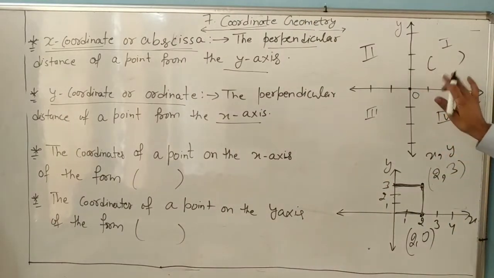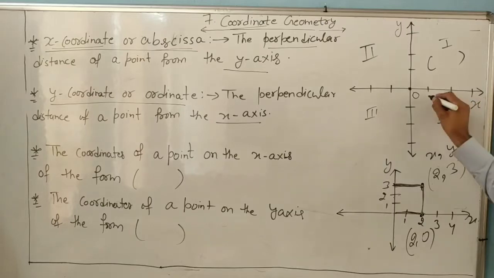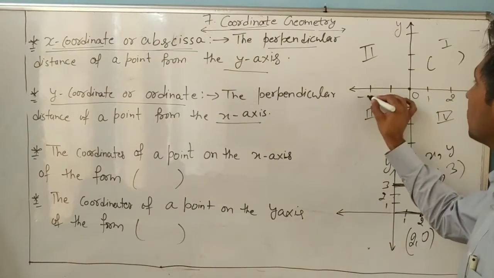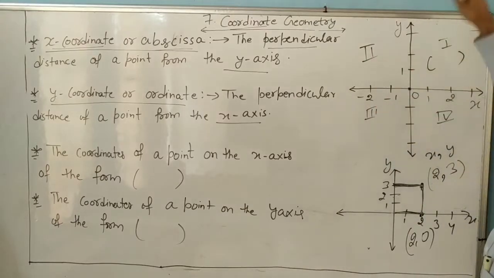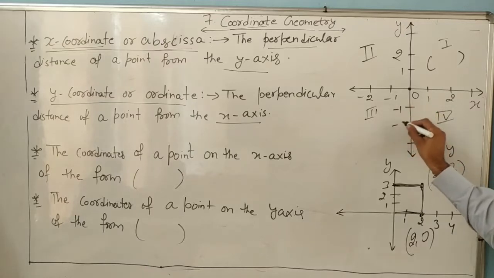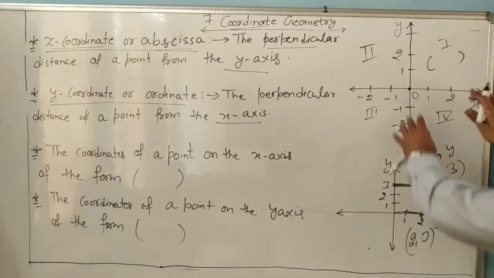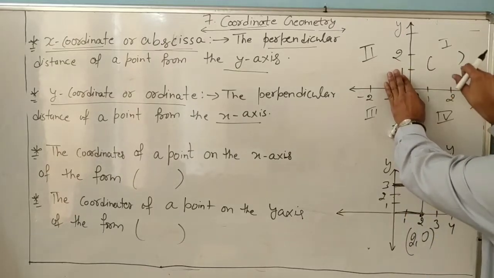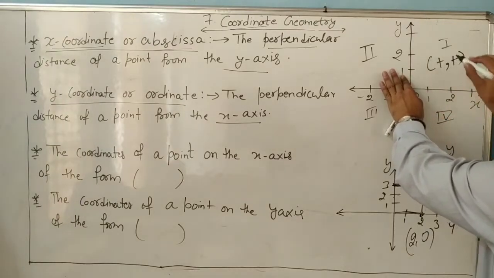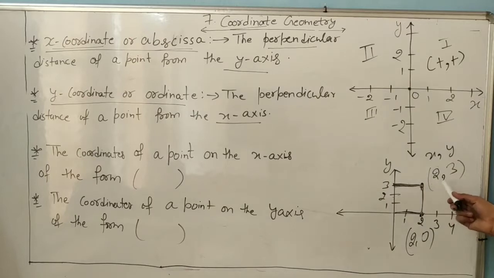Understand? Note. Next thing, dear, everyone knows these are the 4 quadrants. In the first quadrant, look, x is here 1, 2; on the left side it is minus. On the upside y is positive and on the downside negative, minus 1. Look at the first quadrant: x is positive, y is also positive. So both coordinates are positive. 2 positive, 3 positive, both in the first quadrant.